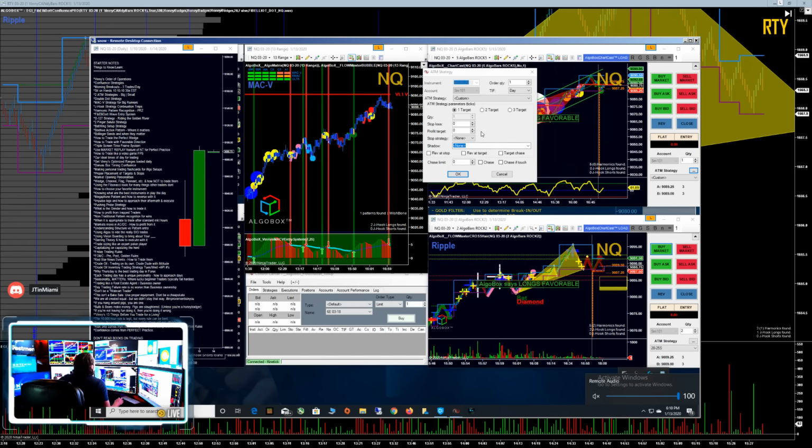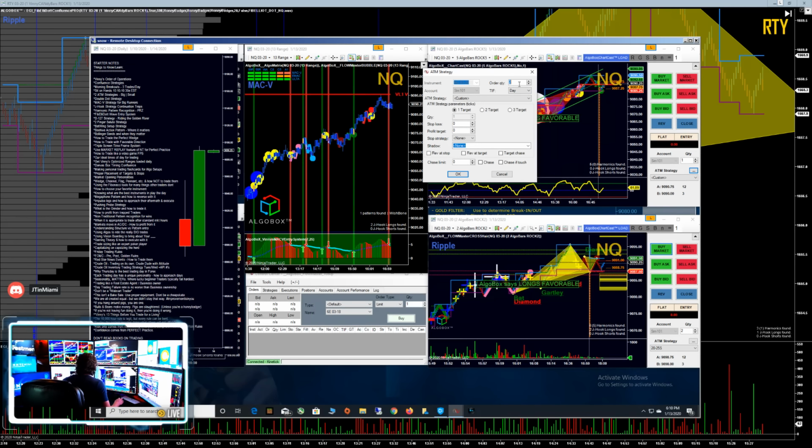Okay. So for our stop here, let's do our quantity up here. We're going to go with 2 targets. And just for complexity's sake, we're going to go ahead and do 3 here so you can see how we would just leave one open if we wanted to. So stop loss, quantity, all 3 of them I want to stop. I want 3 target scenarios. My stop loss on this one is going to be 25. Profit target for target 1 is going to be 10 ticks. Stop, again, 25 should be for all the stops, so I'm just going to put these across the board.